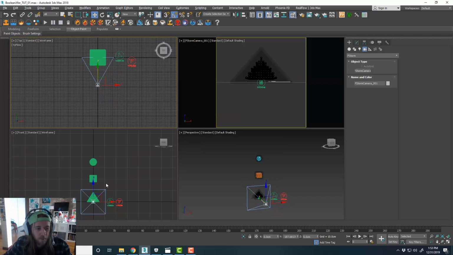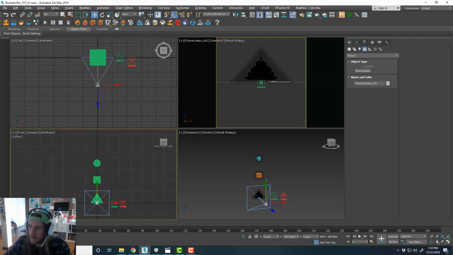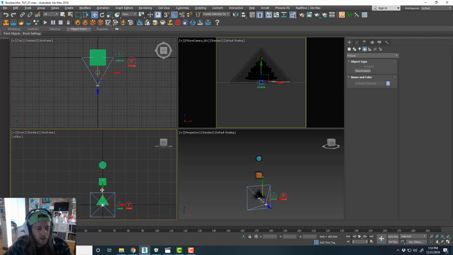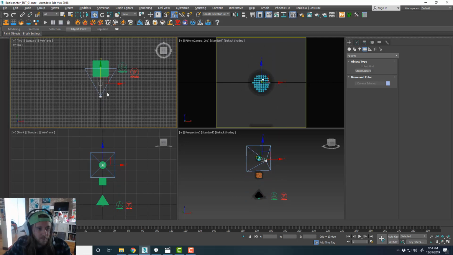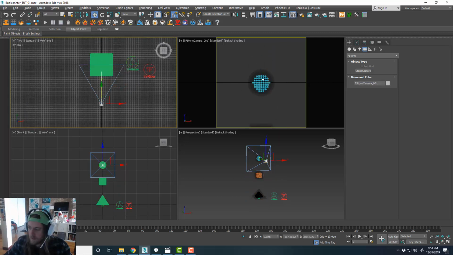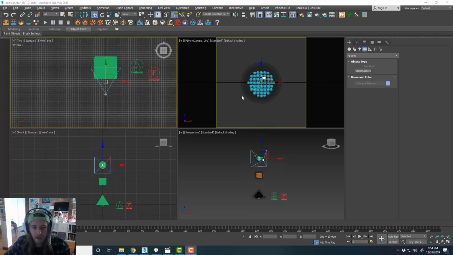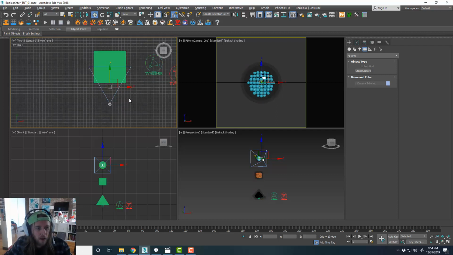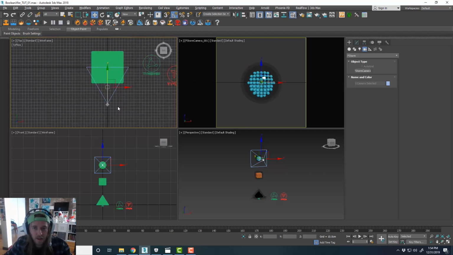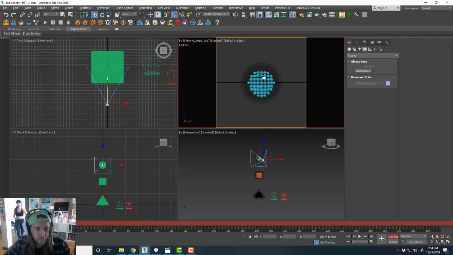So kind of like bring that up there, and then I'm going to raise this up. Okay, and with our camera and target selected, we can see it in the viewport. We got a close-up of the sphere. So what I'm probably going to do is I might